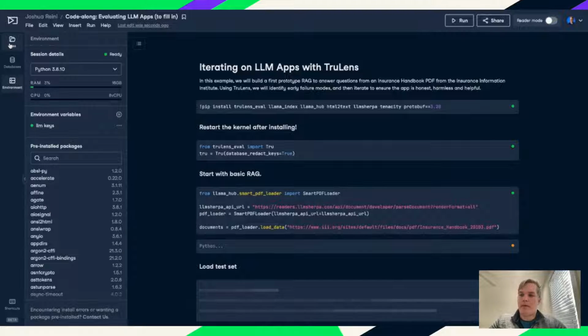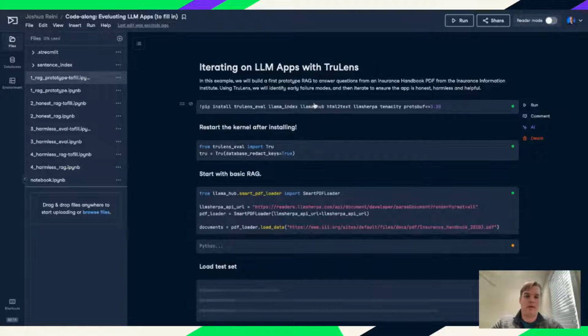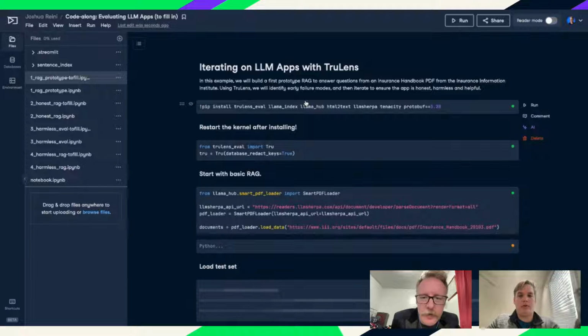And now we can go back to our files, and we can start with installing a few packages that we'll need. So in this Code Along, we're going to use TruLens for evaluating large